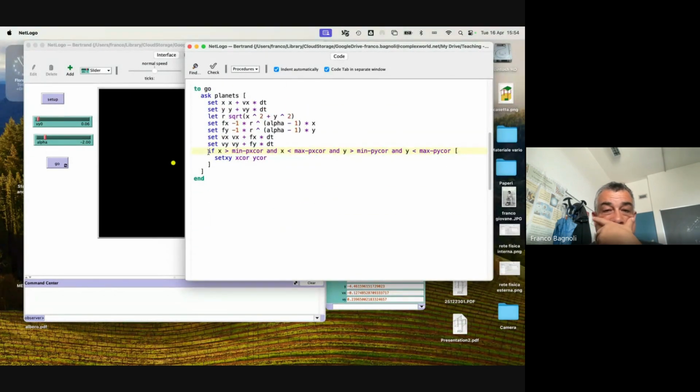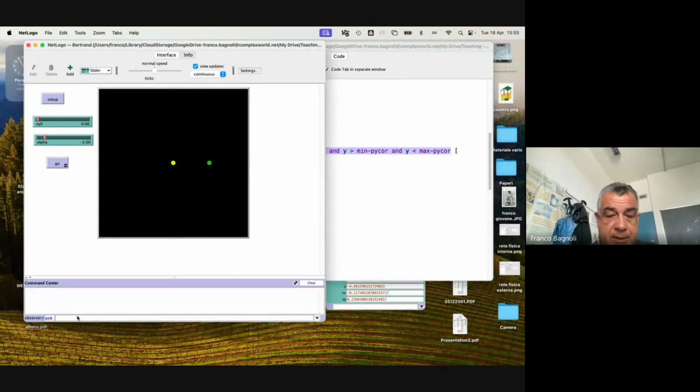So if x greater than minus px core and x less than max px core and y greater than minus py core and y less than max, let's ask balls show this condition